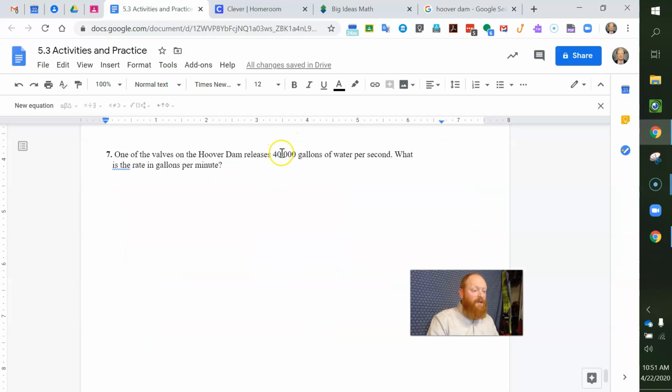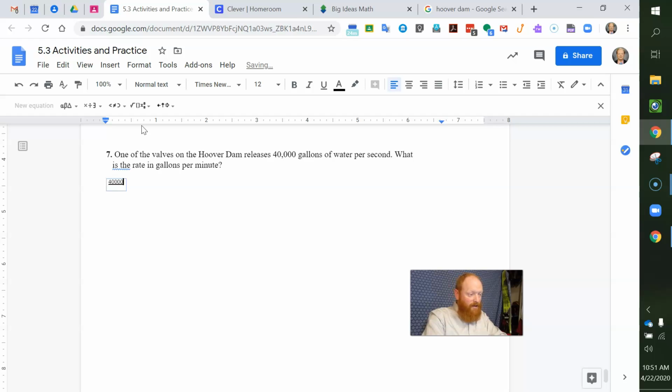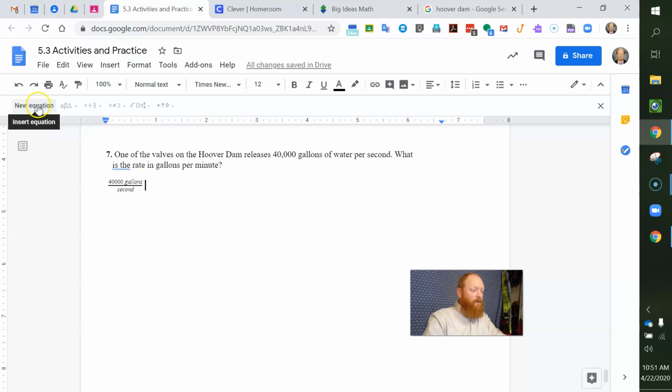So the Hoover Dam releases 40,000 gallons of water per second. What is the rate in gallons per minute? All right, so it is 40,000 gallons per second. And so this is going to be multiplication. Times